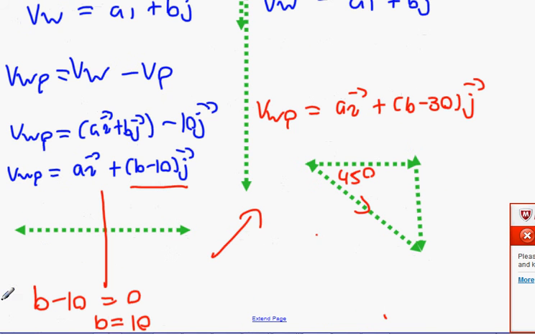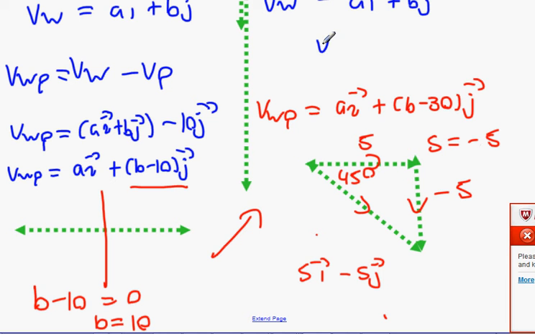Now, a southeasterly wind is across and down. Okay? Now, I'll give you an example of another southeasterly wind. Another southeasterly wind would be 5i minus 5j. So that'd be 5 across minus 5 down. But when you're comparing them, you can't say 5 equals minus 5. That's impossible. So what you're going to have to do is, for a southeasterly wind, the i component equals minus